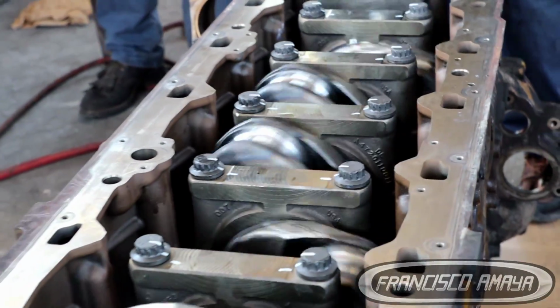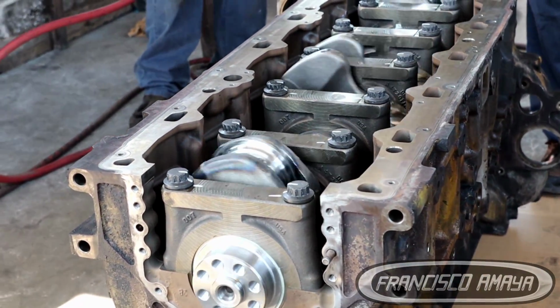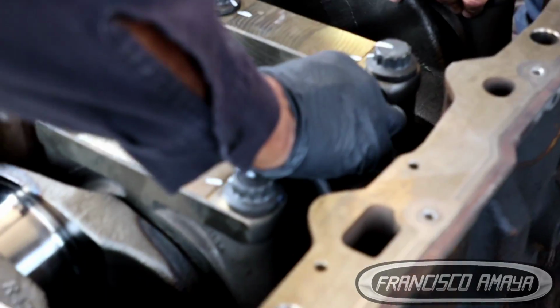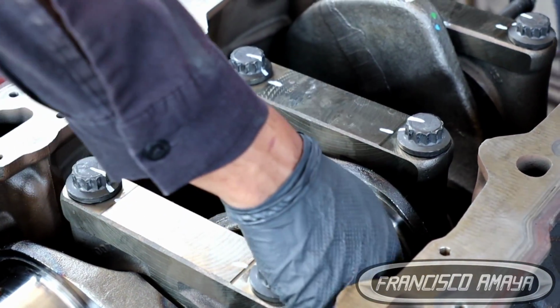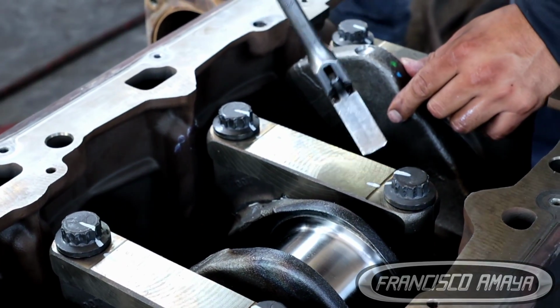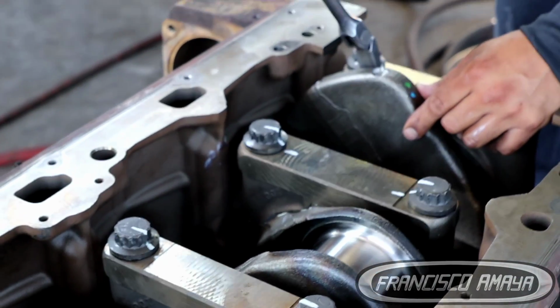But this is how you replace the crankshaft. I don't know if I was very specific explaining how to install the crankshaft. Installing the crankshaft is not going to be an easy task. It requires around 2 hours